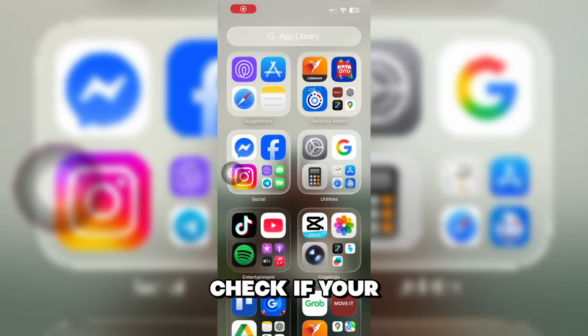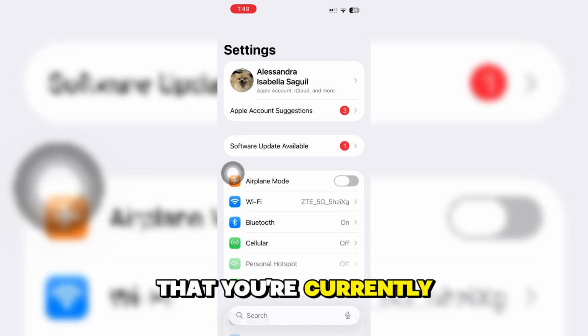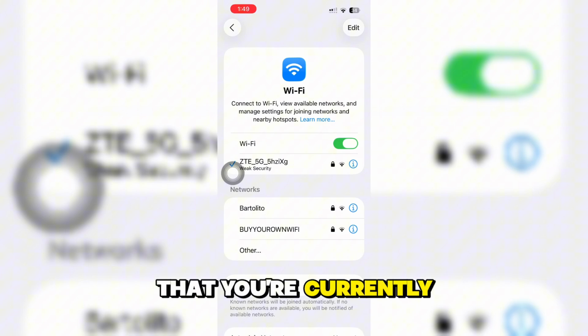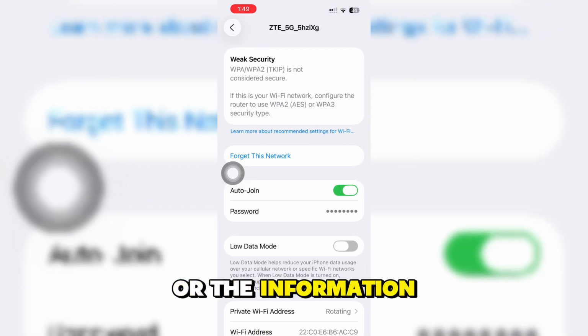Here's how to check if your VPN is enabled or disabled to your router. First, go to the settings of the phone that you're currently connected with to the network of the router that you're currently in, and go ahead and click on the I options or the information options